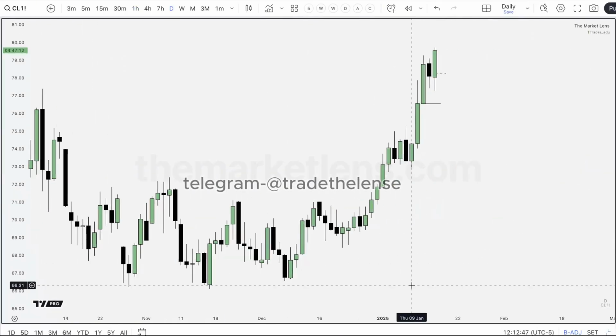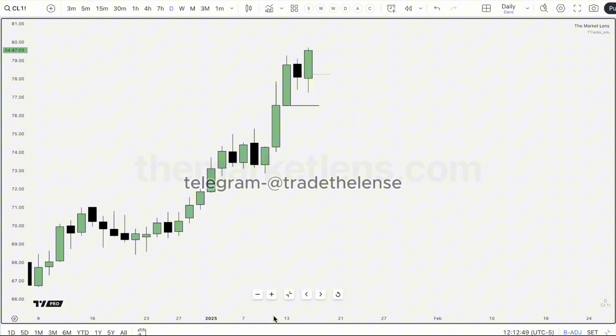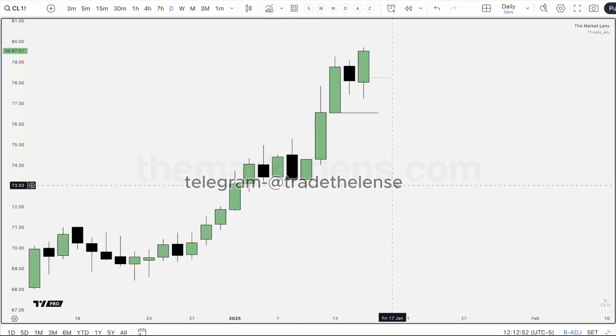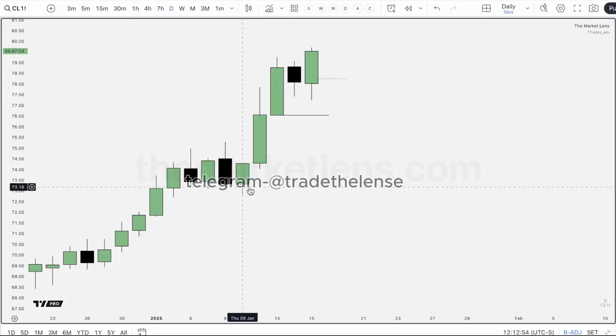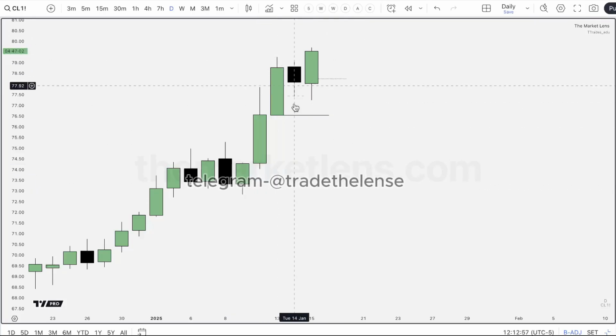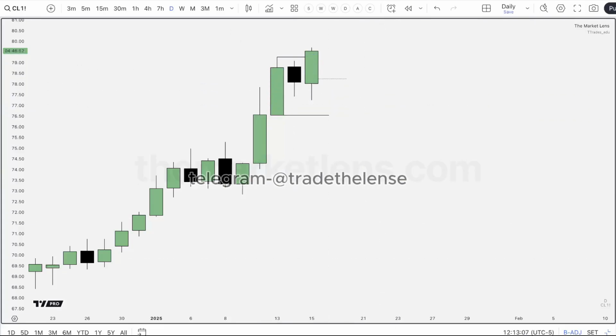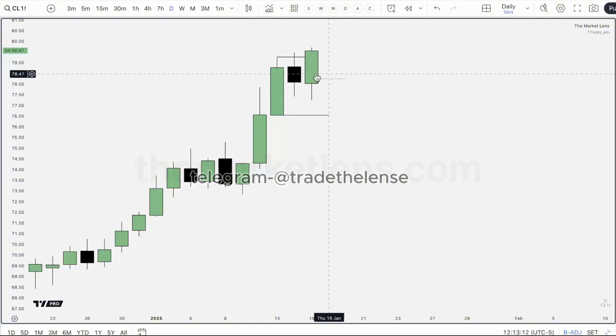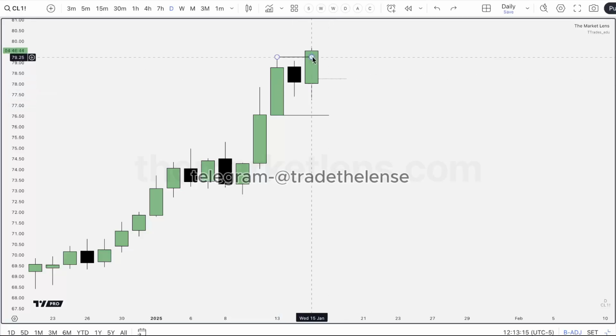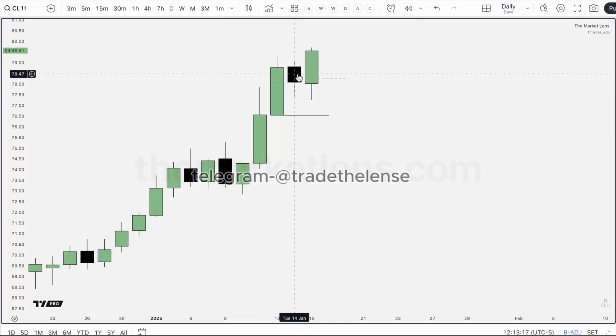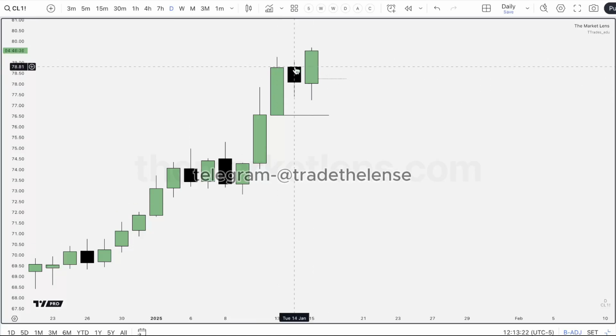Now, with oil, I wasn't very interested in this, and the reason is, let me explain, after 3 days of expansion like this, I'm looking to ideally frame something back lower. To frame something back lower, I would need either a reversal off this previous day high, so this going up and sweeping, so it looks something like that, or a shallow wick, to then trade it back lower, or some sort of SMT. When price just consolidates like this, I'm viewing this as a consolidation, not a retracement or a reversal, because we haven't formed anything.